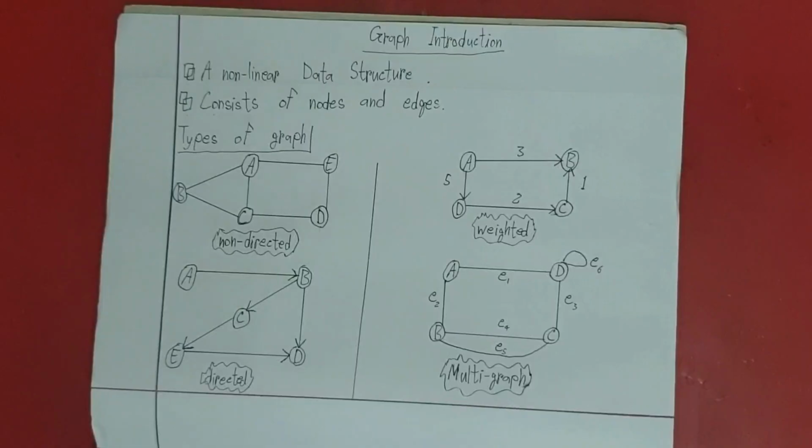I'm presenting this graph. A graph consists of nodes and edges. Nodes are also called vertices, and edges are also called